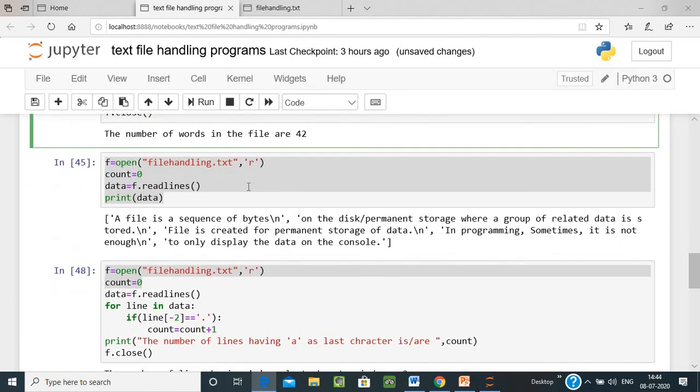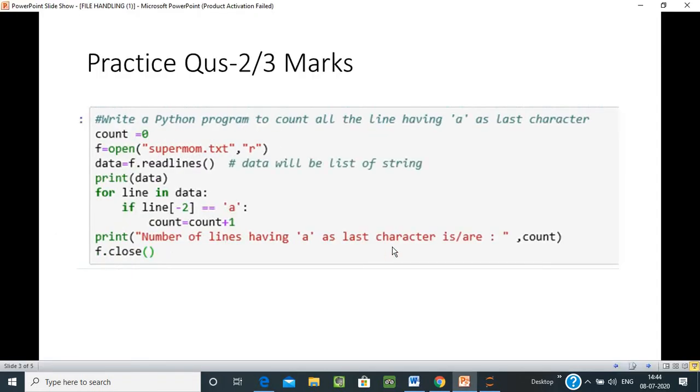Now the next one is a Python program to count all the lines having 'a' as the last character. So this is another program to count the number of lines having the last character as 'a'.